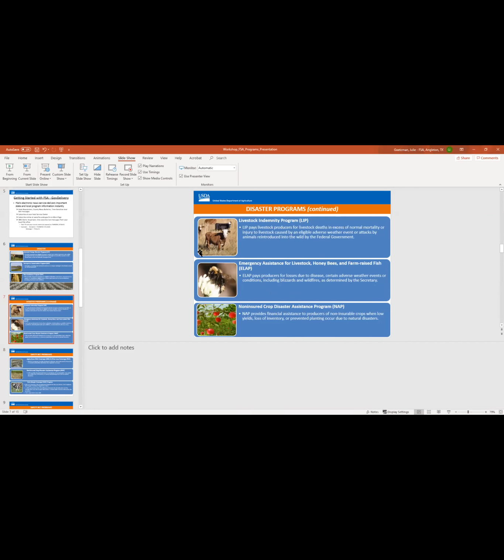And moving on, our next program is LIP, which is a Livestock Indemnity Program. So what this does is it pays on above normal mortality for livestock due to natural disasters. This past week, I've had some local rain. In fact, y'all can tell it's pretty dark behind me, right? Anyways, with that being said, we have actually had lightning strike calves. And so this will allow my producers to be able to claim any losses above normal mortality on their calves